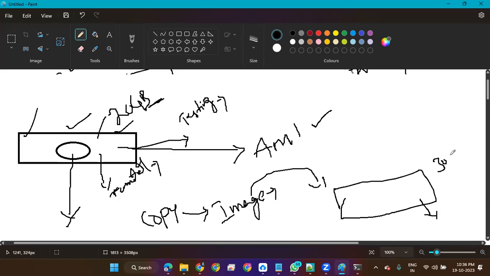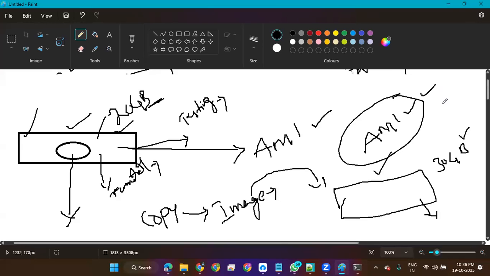I can create it with 30 GB. This AMI is important. For Kubernetes and Docker, wherever we do application deployments, it is done with the help of AMI. Mainly, the servers are created with the help of AMI.